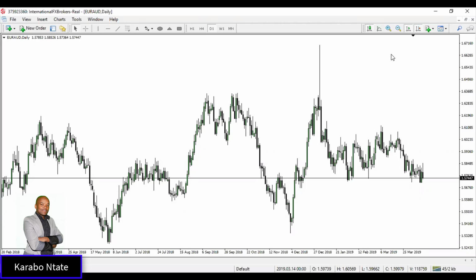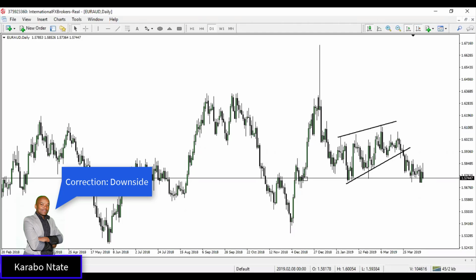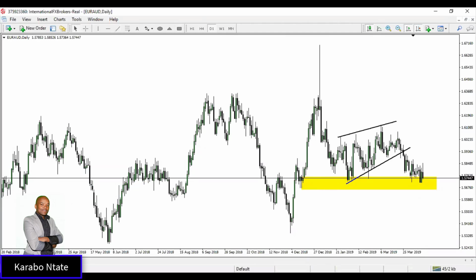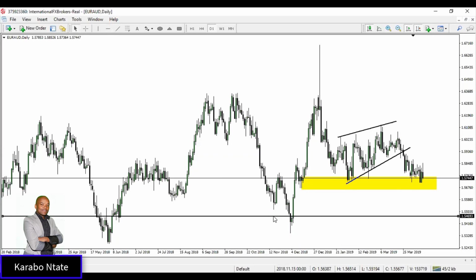I have two setups I would like to share with you, so I will quickly run through them. The first one being the EURAUD. Now, what I first saw here was this channel that we previously had, and price broke down to the upside. Now, this level over here has been tested too many times already. So what we could expect is a breakout. This breakout which already occurred. So price could easily break this level again